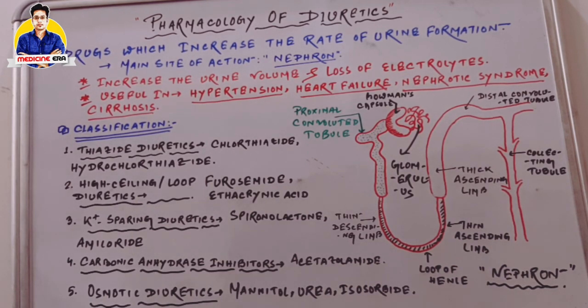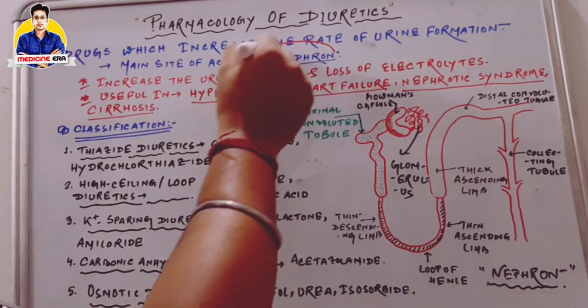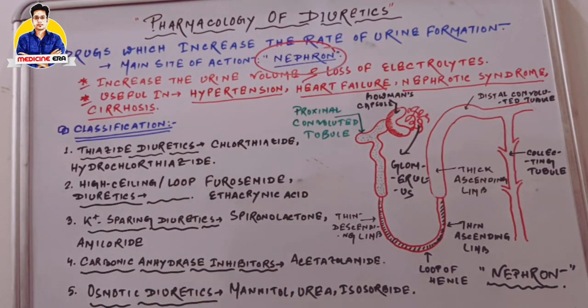As we all know, the kidney is the filtration unit of our body. The functional and structural unit of the kidney is the nephron. In the purification or filtration of blood, the nephron plays an important role. By the nephron, all the blood in our body is filtered and the waste products get out from our body, and the useful products remain in the blood. So this is the filtration process by which urine is formed.